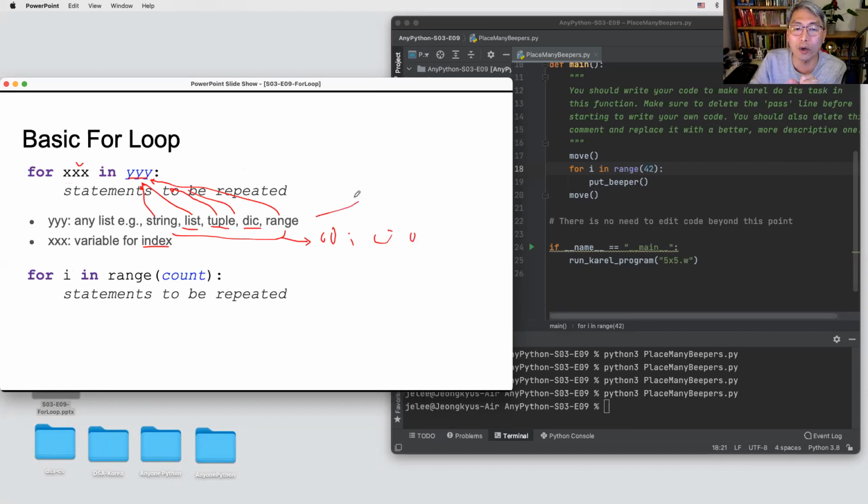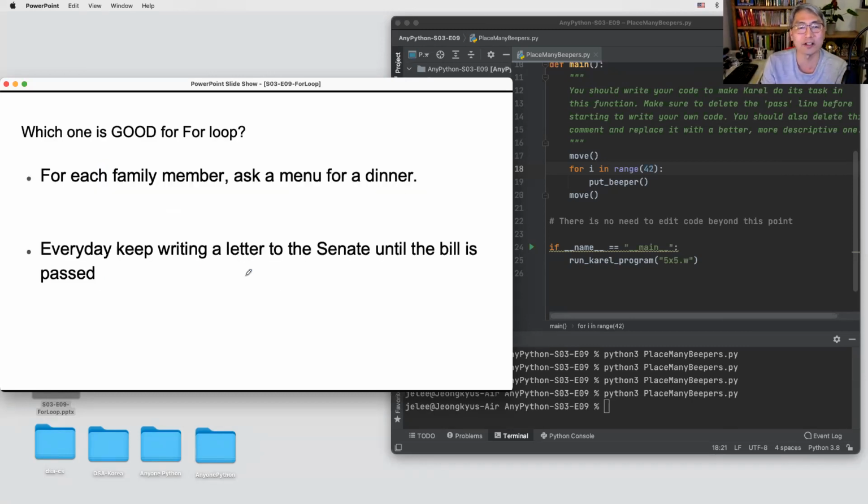So we are going to call this kind of thing a collection. So we can put any collection data here, then use one for each. That is the for loop. So this is just a simple example. We will see practice.